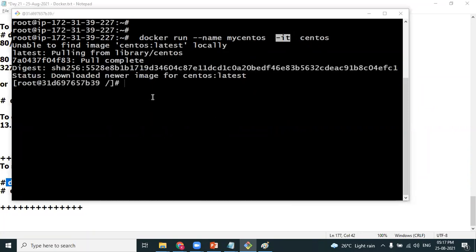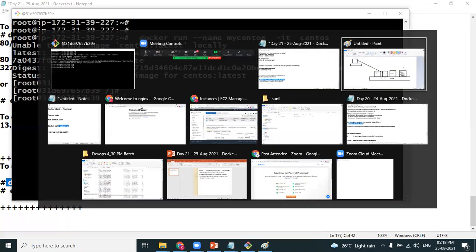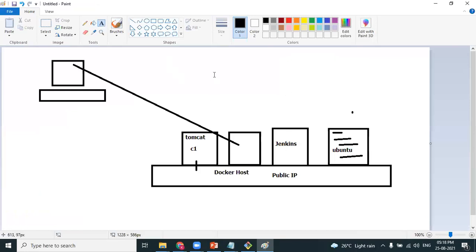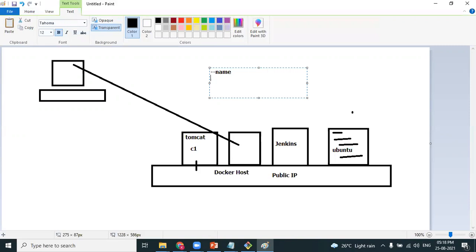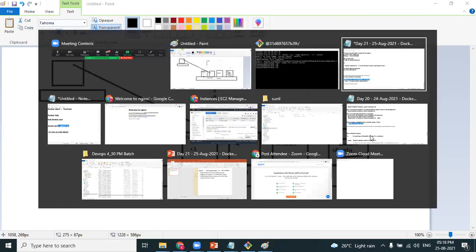Perfect. Right now, you are not getting an EC2 machine IP address, which means you are no more pointing to a host, you are pointing to a container. So like this, we have experienced the run command options: --name for providing a name to the container, -p for manual port mapping, -P for automatic port mapping, -d for detached mode, -it for interactive terminal. We also know that the pull operation now happens automatically. From now, we will never pull the image. We directly write a docker run command, which helps you create a container from the image.